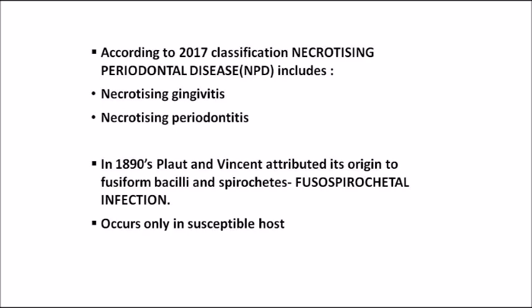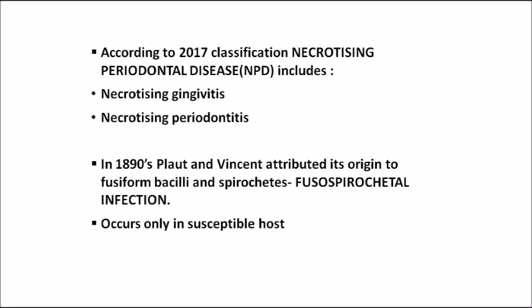Clear? Even though ANUG has these many names, according to the 2017 classification, necrotizing periodontal disease is the heading, which includes two diseases, necrotizing gingivitis and necrotizing periodontitis. So there is no ANUG, there is no acute necrotizing ulcerative gingivitis, it is necrotizing gingivitis. Why has this name been changed? Because according to the 2017 classification,